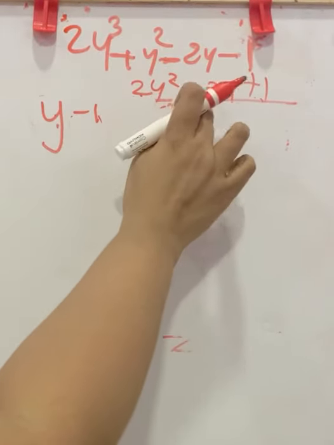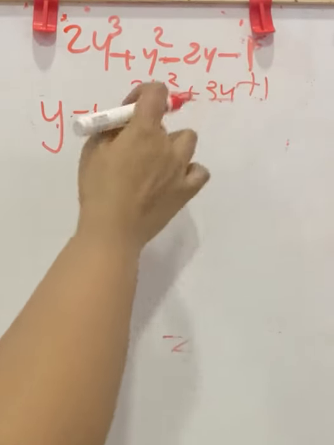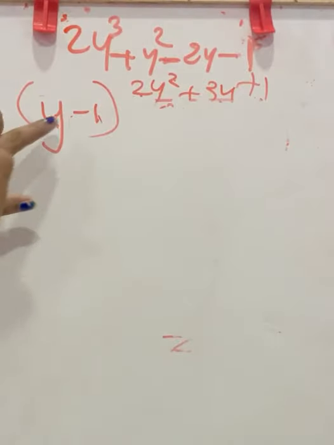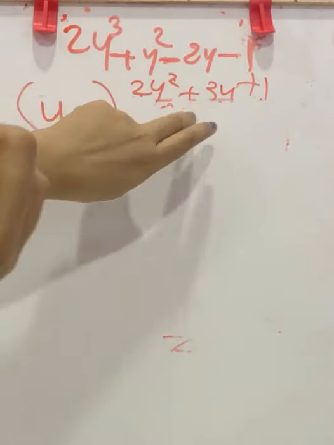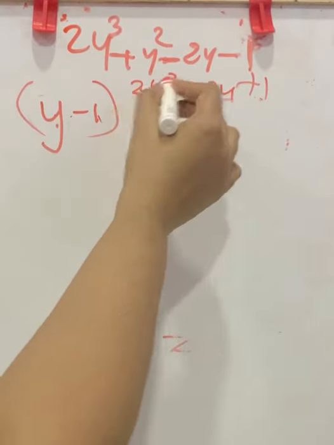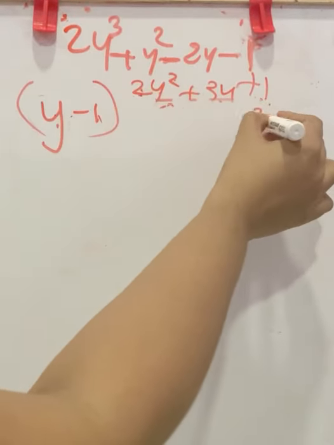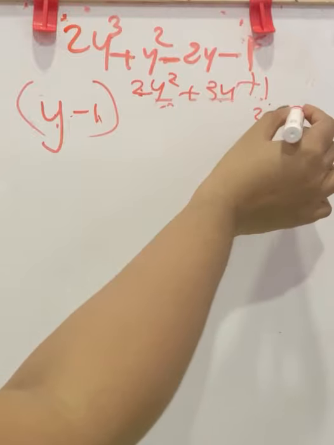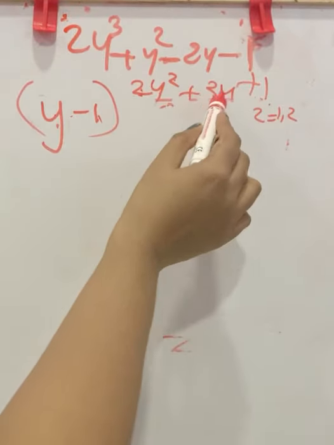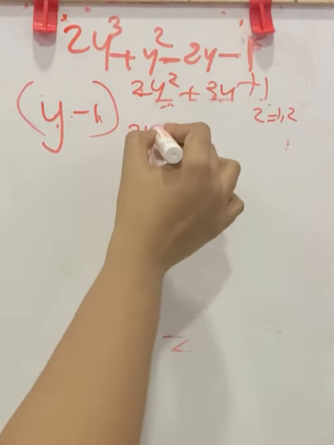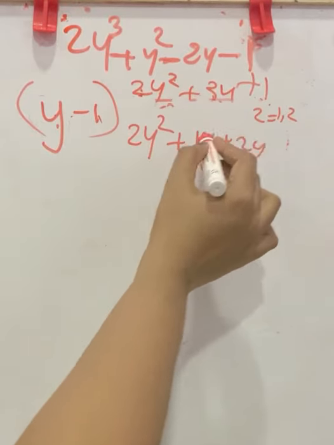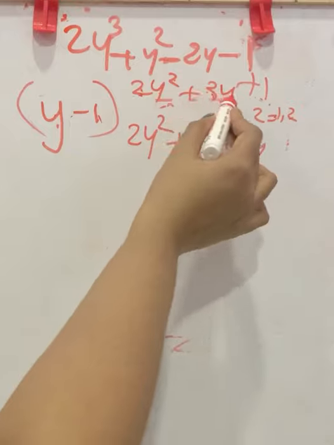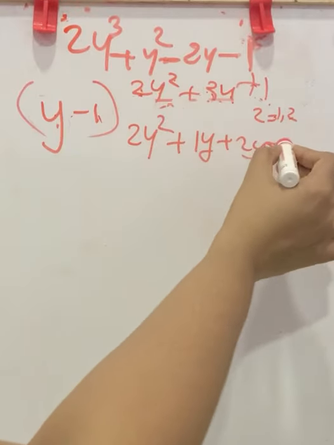Now you have to do middle term splitting and find factors here. One factor is already here for the cubic polynomial. To find the other two factors, you want to factorize this. Consider a and c. A into c is 2. The combination 1 into 2 is 2. Now to get 3, you will write 2y square plus 1y plus 2y. That is here 1 and 2. So 1y plus 2y plus 1 is here.